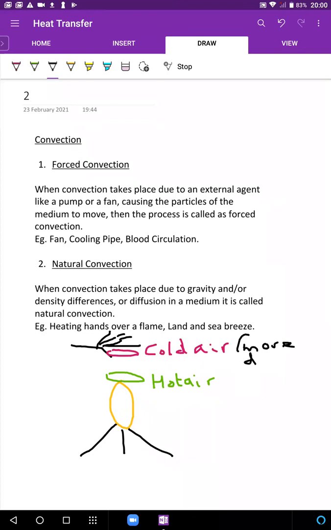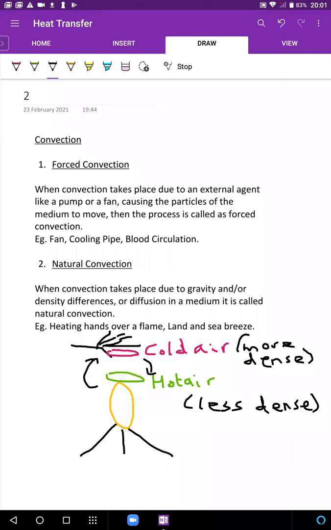At lower temperatures, gas tends to occupy lesser volume. Yes, cold air is more dense. Hot air is less dense. And yes, some of this you have learned in school as well. Okay? So because your hot air is less dense, what will happen? Your hot air is going to want to go up. So your hot air goes up and your cold air comes down. So this is how a kind of cycle is set up.